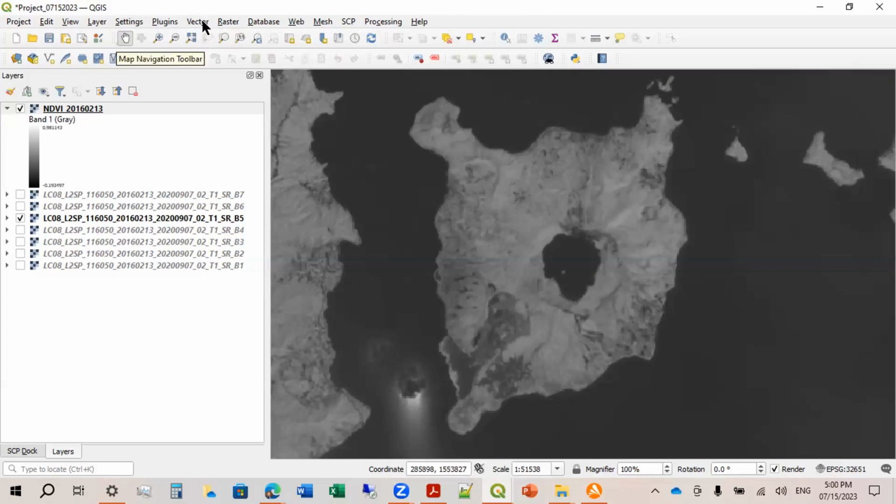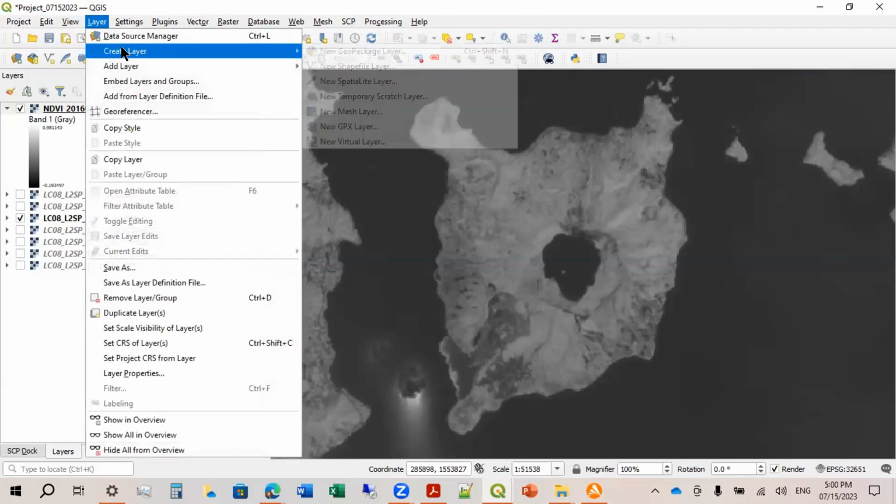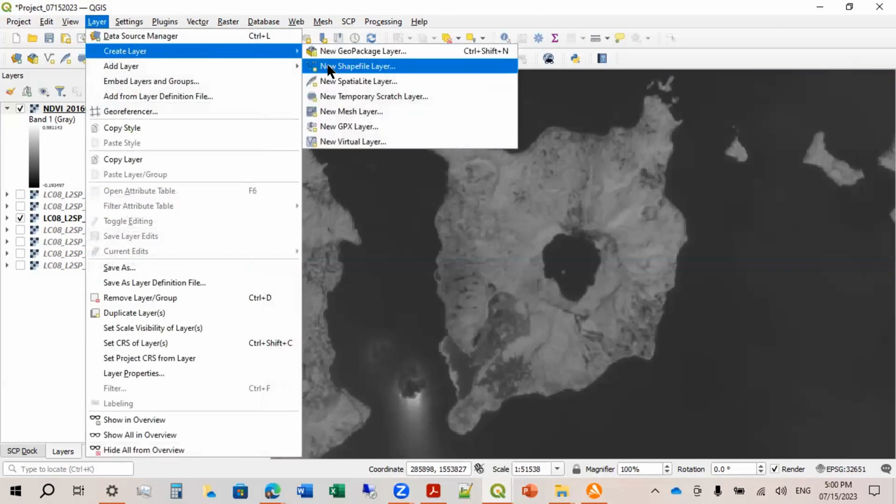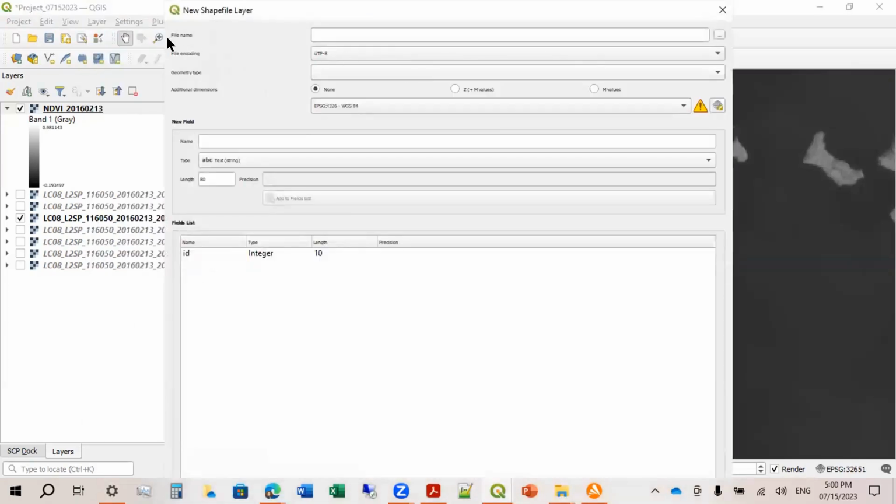So vector, so to do that, let's start with layer, then we create a new layer. So this is new shapefile. Okay, and then we're going to name our shapefile. So let's say Taal shape.